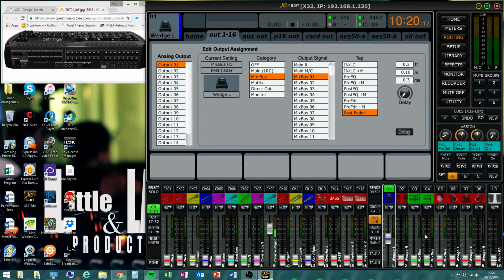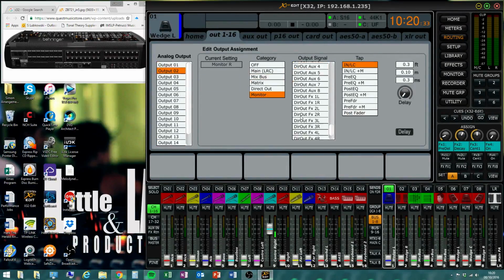Now you won't hear some of this stuff, but I'm just going to show you. You can probably take some notes on this because it's quite useful. For the moment, I'm finishing on out 1 to 16, just because 15, 16 is left, right, and 1 is probably going to be MixBus 1. 2 might be MixBus 2. I've not set it up like that at the moment, but for you,